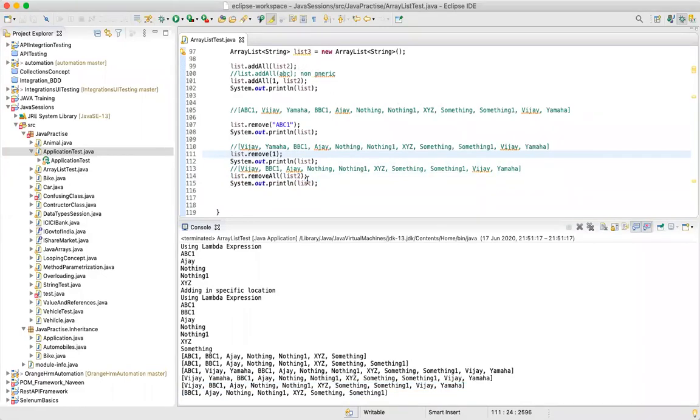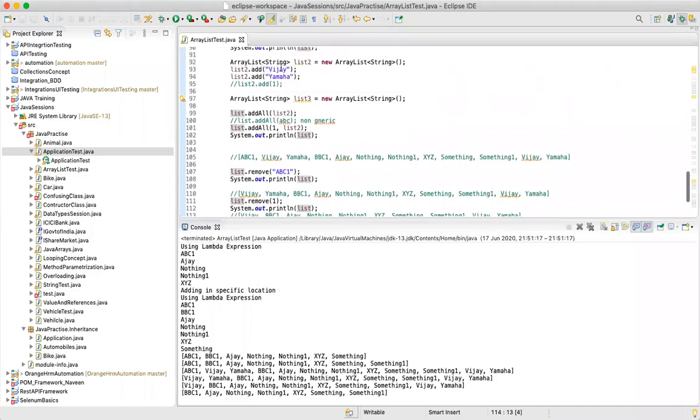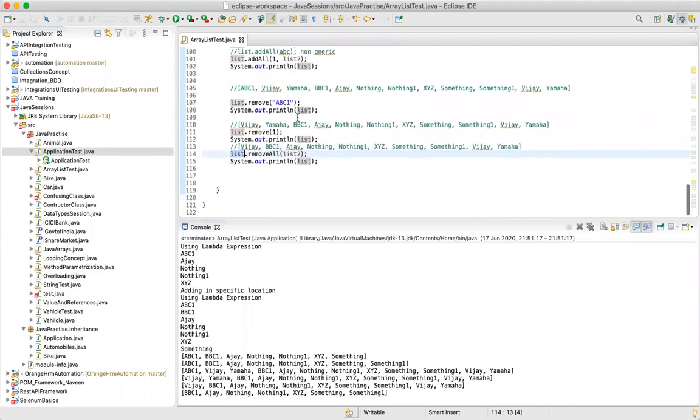Now we are trying to remove all the elements from a list using another list. So all the elements which are present in list 2, please remove those elements from my list. And what are the elements present in list 2? We had list 2 dot add Vijay and list 2 dot add Yamaha.